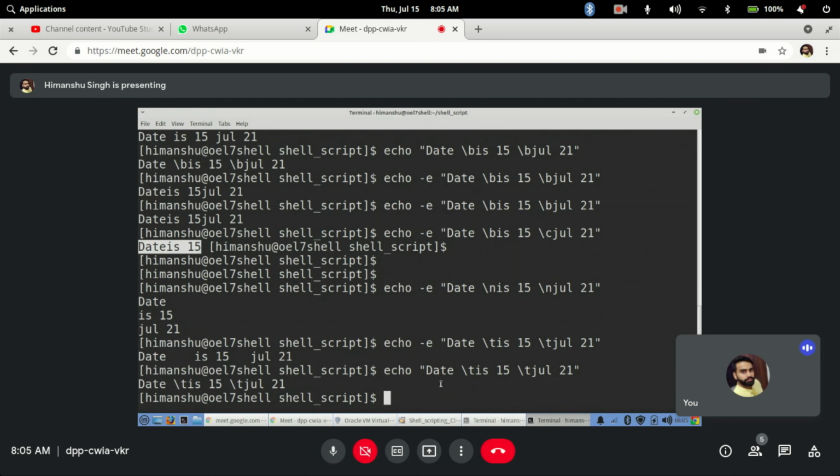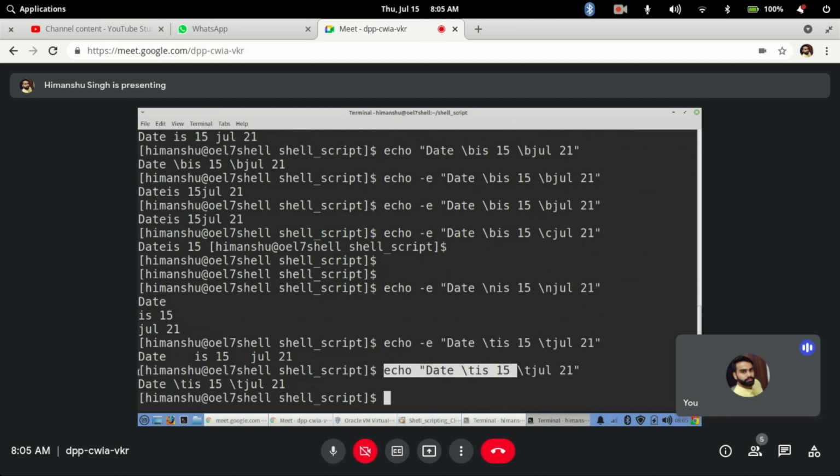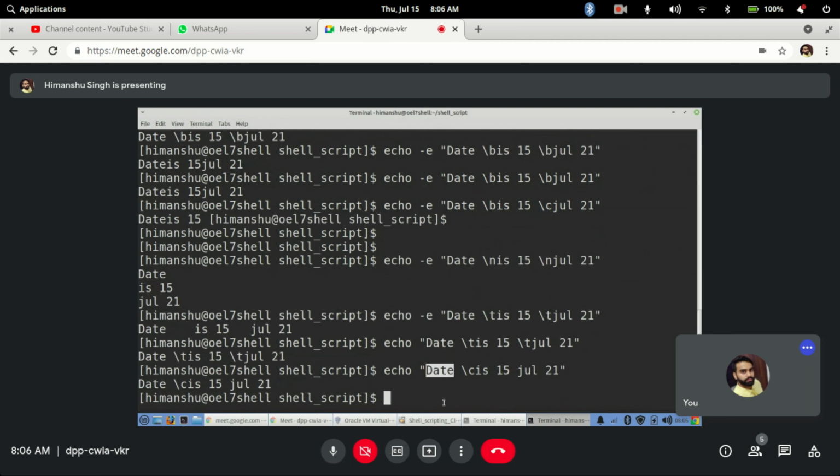Whenever I am printing here, it is printing in a new line, and then a new command prompt is displayed on a new line. But let's say I use only \c here. So it will only print this content, date, and remove everything after that, in the same line.